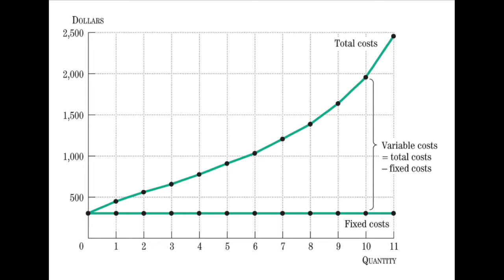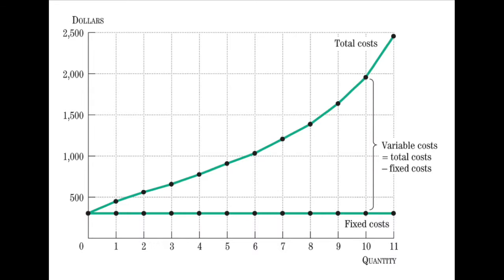Looking at this figure, we can see that total fixed cost is a horizontal line, while the total cost is an upward sloping line. The vertical distance between the fixed cost and the total cost at a given quantity is the variable cost. According to Table 8.1, which we first saw, the firm incurs a fixed cost of $300 per